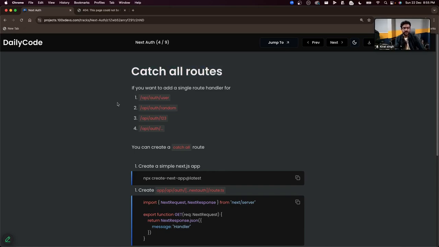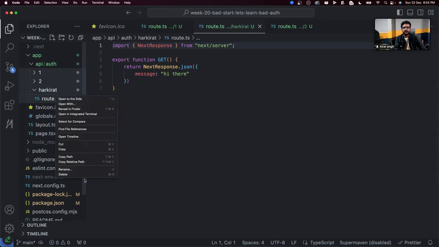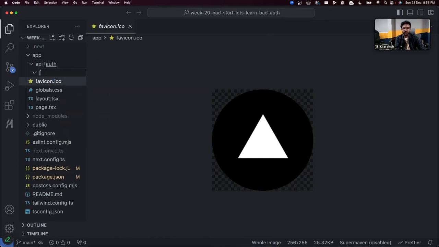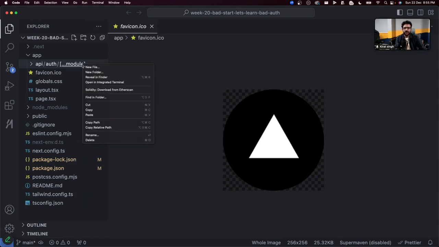Catch all route says that if you want to catch everything beyond a point, if you want to catch everything after API slash auth, what you can do is create a catch all route. This we discussed yesterday, so this is more of a revision. If I write this dot dot dot something, let's say module, this square brace dot dot dot, some name over here, I've named it module, you can name it whatever you want, and closing brace, inside this if I define a route.ts here,